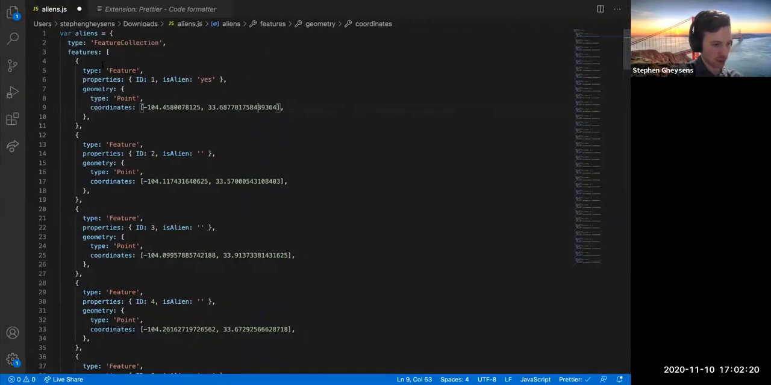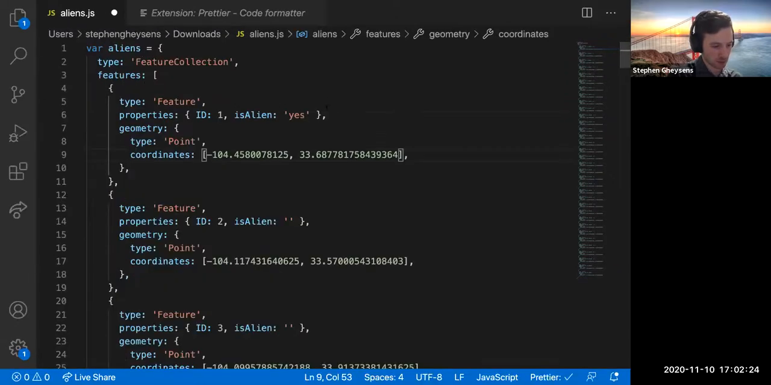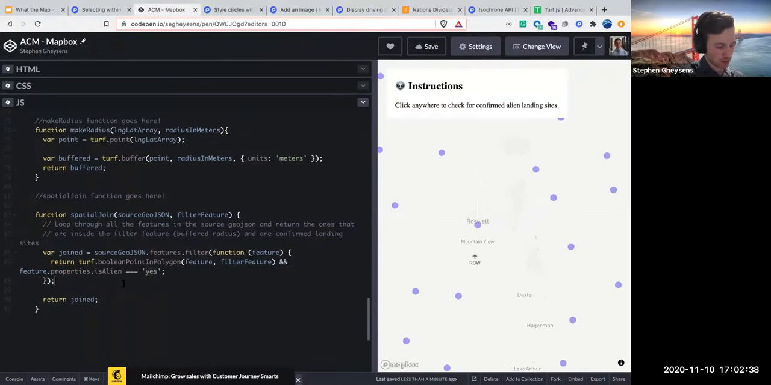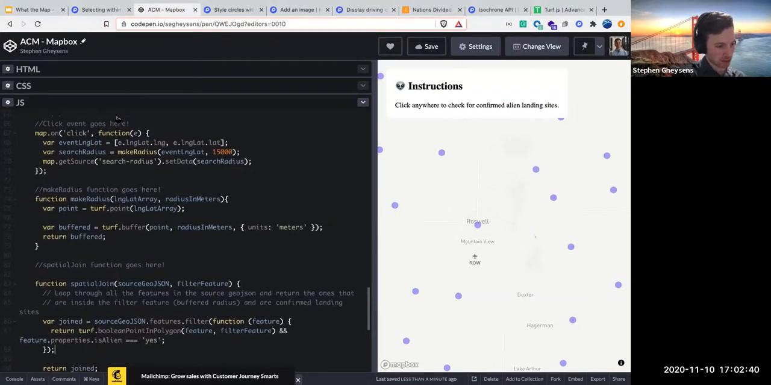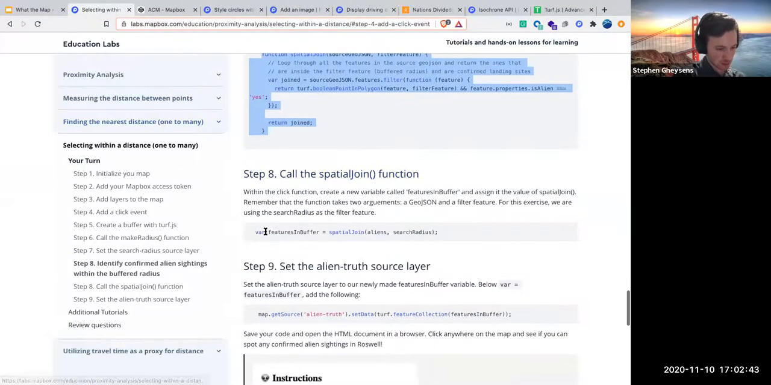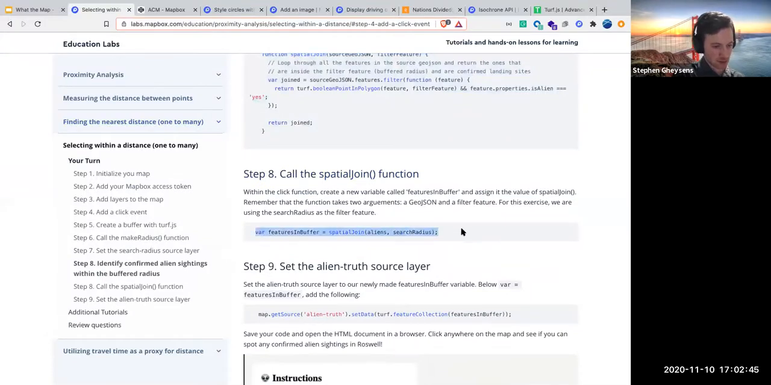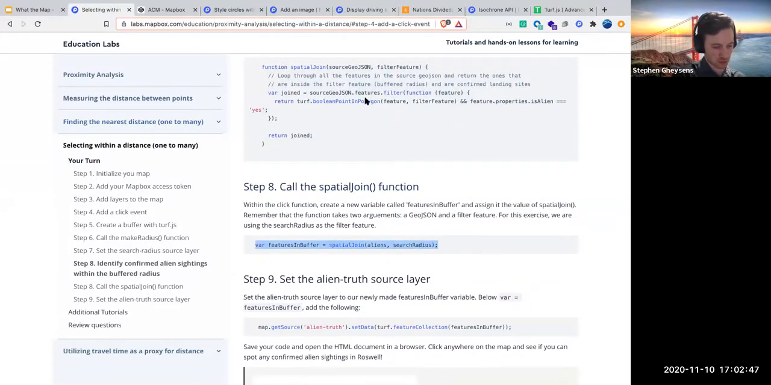If you need a quick refresher, remember these were all of our alien sighting locations, and some of them were true. So, right, this might be other data in a database. It doesn't have to be aliens. You can make these properties in your GeoJSON whatever you want. But in our case, we're checking for aliens. So now that we have this helper function to make that spatial join check,